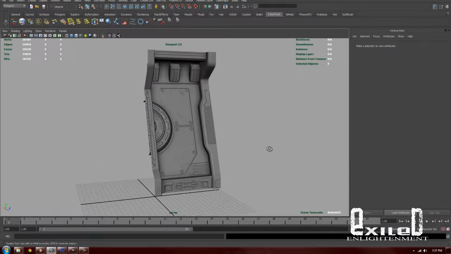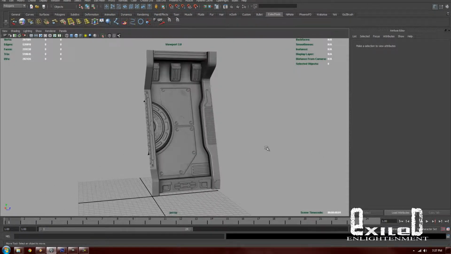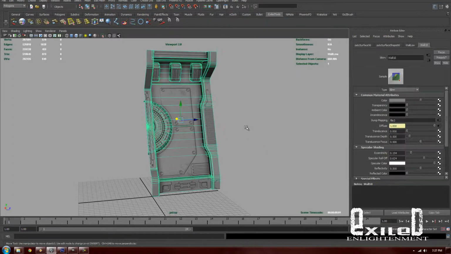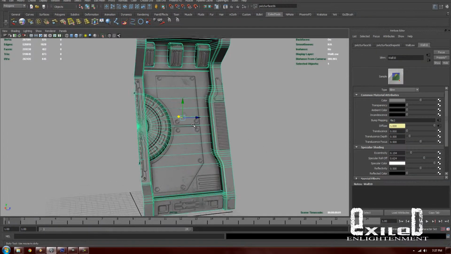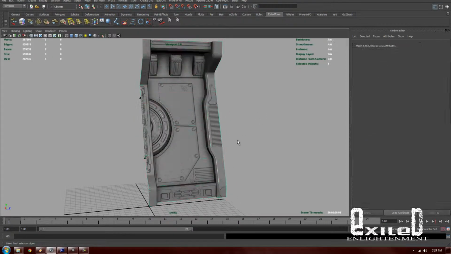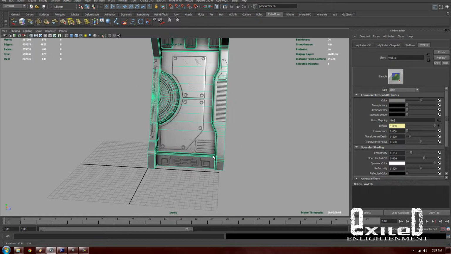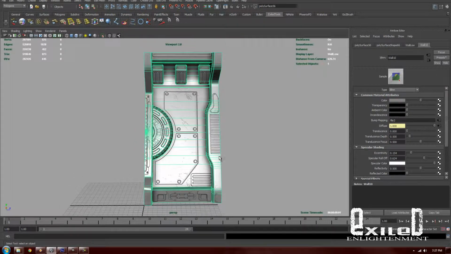Alright, so now we're going to import what we've made into UDK. We've got our model, we've got our materials and textures and all that. So let's get started. First thing we want to do is make sure that our model conforms to UDK's